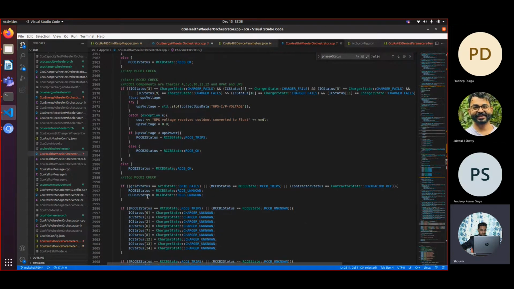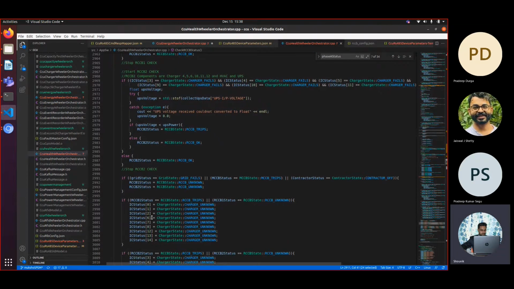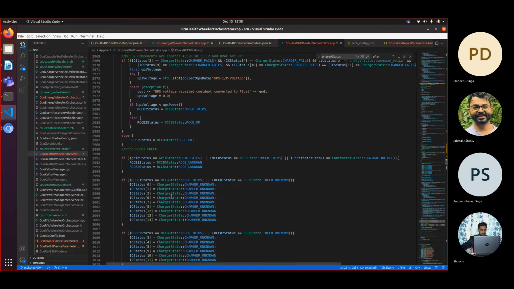In case of grid, if the grid status has failed, or MCCB is failed, or contactor is off, we cannot determine the RCCB status, because in those scenarios also no one will get the AC input power and we would determine that RCCB fails.